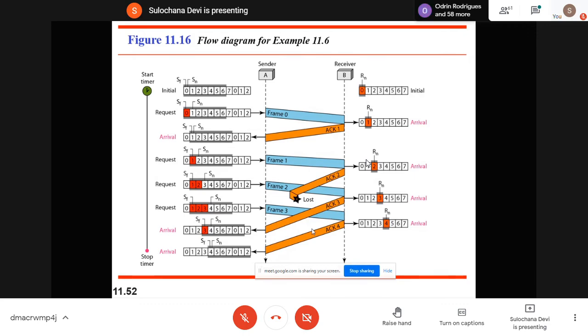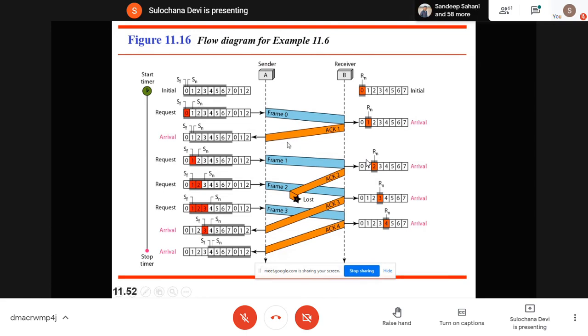Is it understandable, what was done here? SF is pointing to, you can see the window is slided. Initially, all these frames are here, and SF is pointing to the frame which we have transmitted, SN the next frame we can transmit.